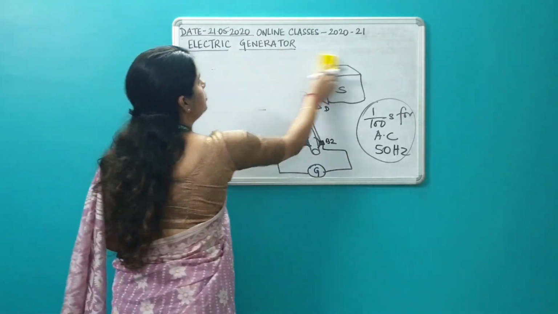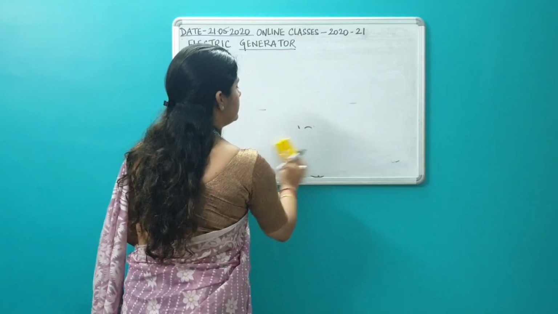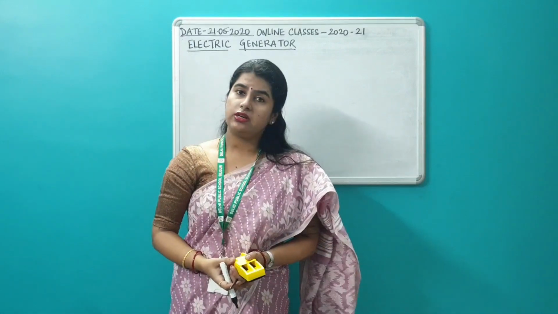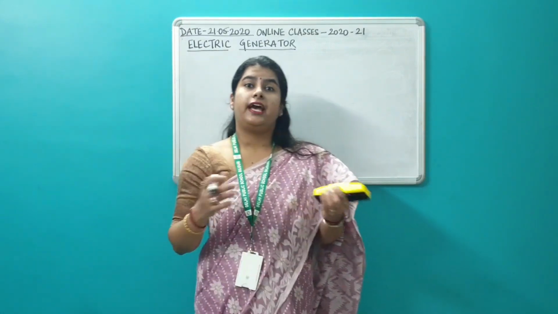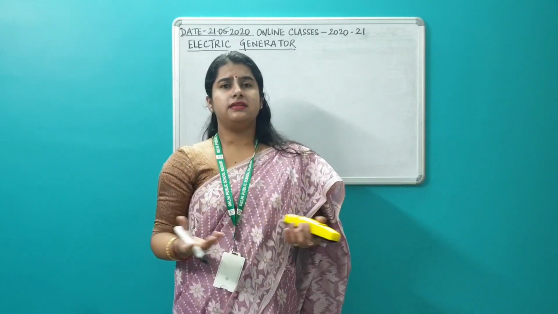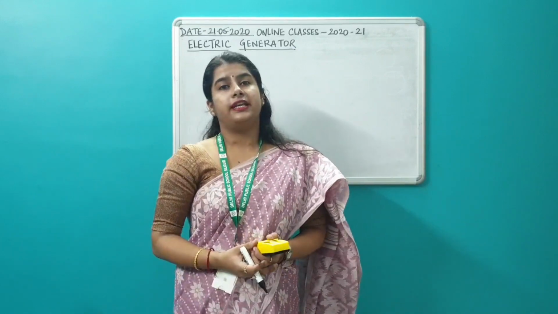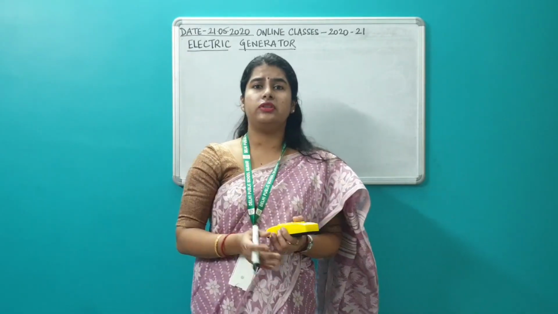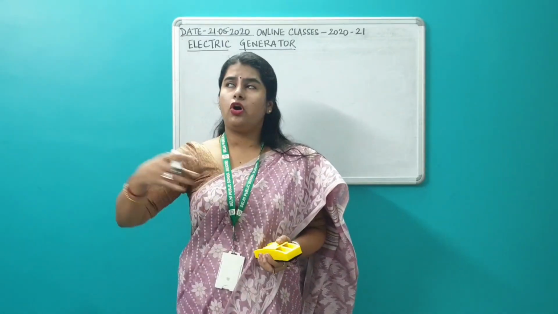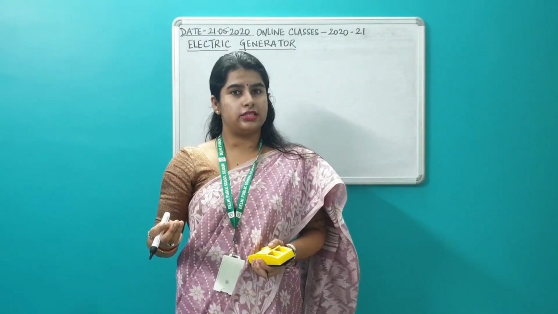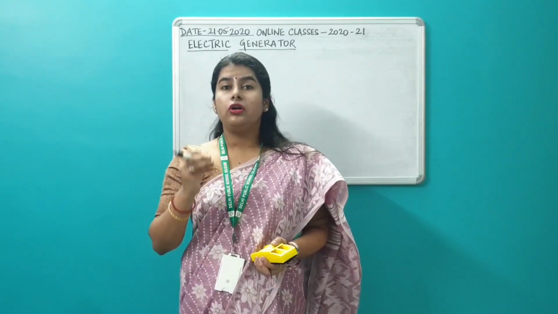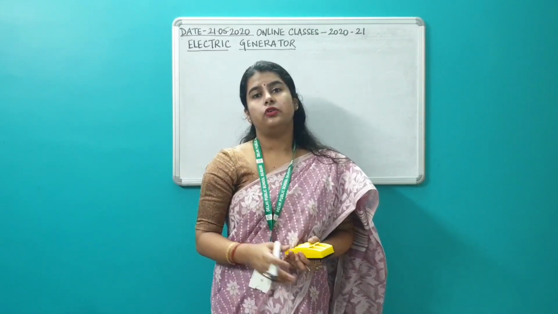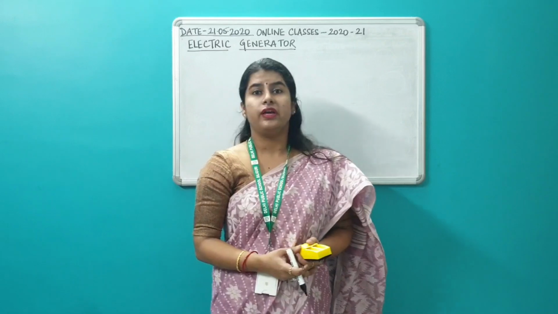Okay, so all of you must go through your books very properly, get your concepts clear. So we have studied about electric motor, electromagnetic induction. We had already studied the basics, that is your magnetic field. And today we have studied about electric generator, AC generator, DC generator. DC generator was just to show you the difference between AC and DC. Mainly for long distance transmission, it is the AC generator that is used. For long distance current transmission, AC is used. Why? Because the loss of energy is very less in case of AC.